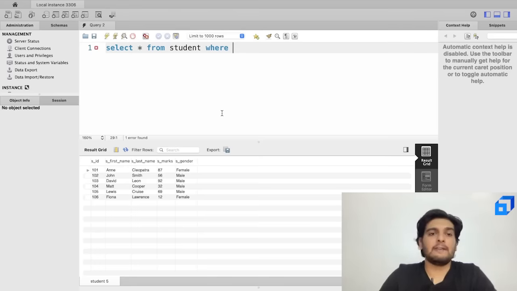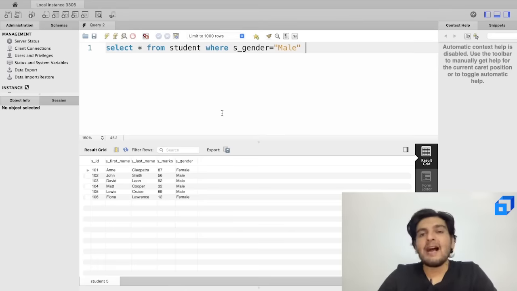So let me give in the first condition. Select star from student where, the first condition needs to be gender. So I shall write S gender is equal to, let me write down male over here. After this, I shall combine it with the second condition using the AND operator. So this is known as the AND operator, and with the help of this I can combine two conditions together. Select star from student where S gender is equal to male, and the second condition needs to